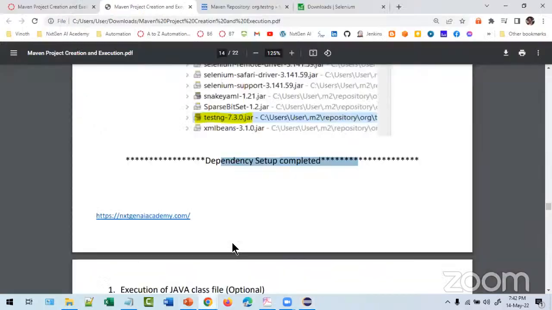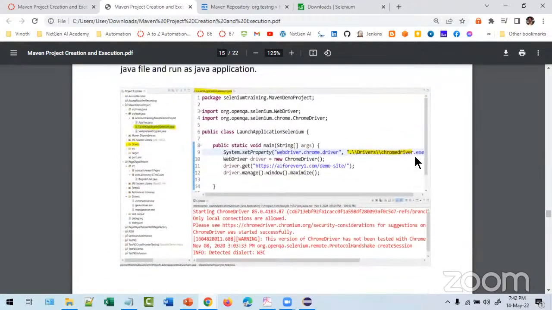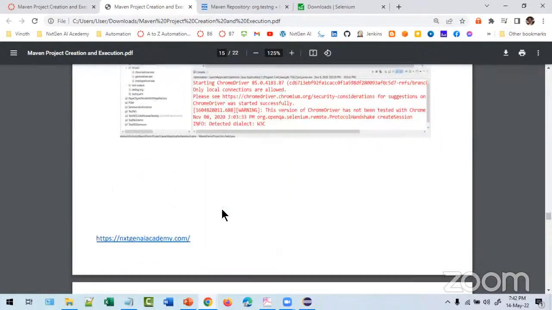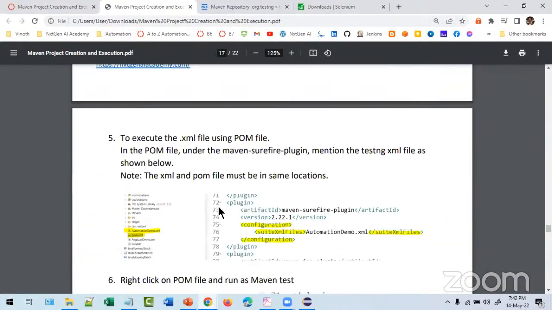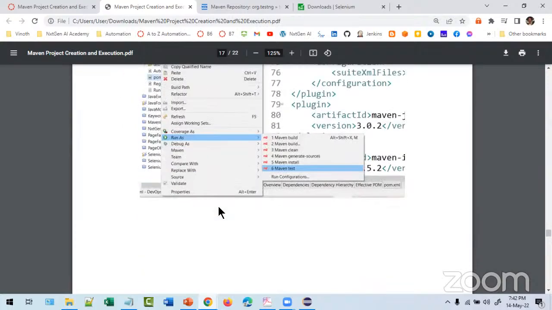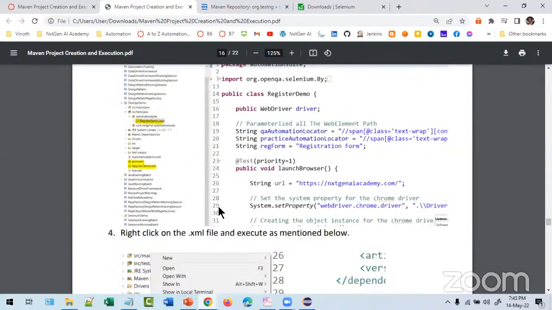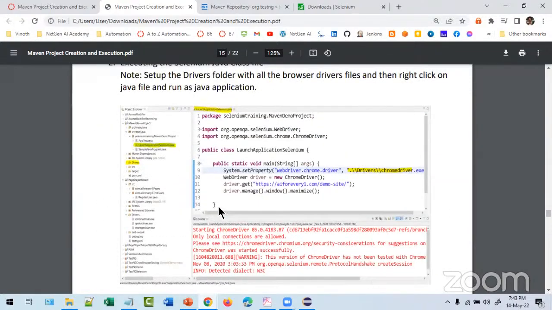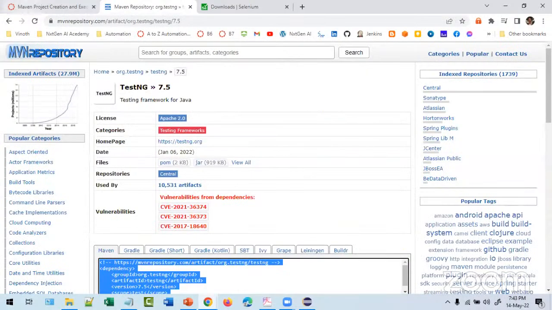Now, what does the documentation say? It is done. If you want, it's optional. Now you can create the TestNG class and execute it. Okay, we are going to start about TestNG in a short while. Okay, this file. As Java, we are not going to do it. We will be doing this one only directly. So I'm closing this document.